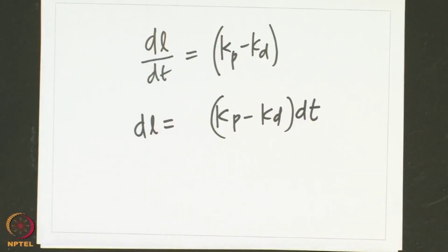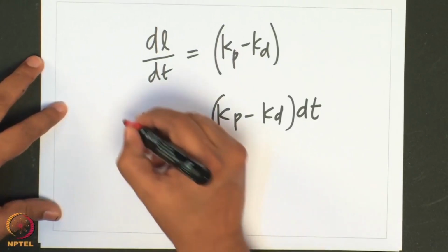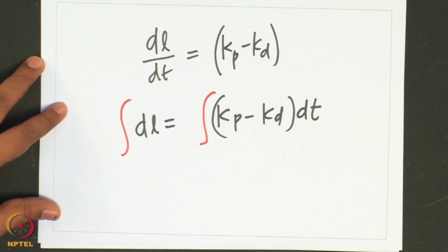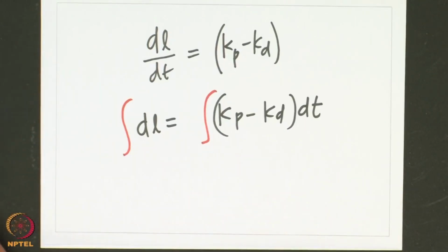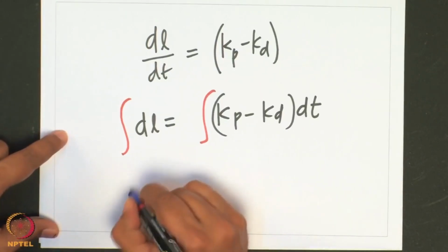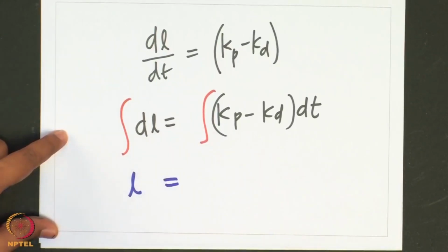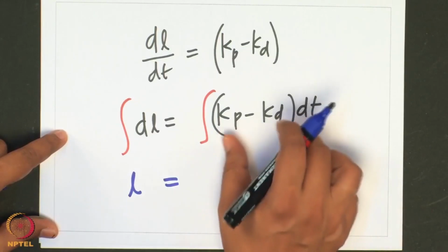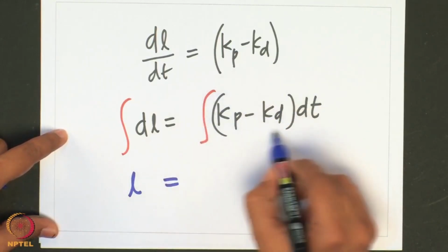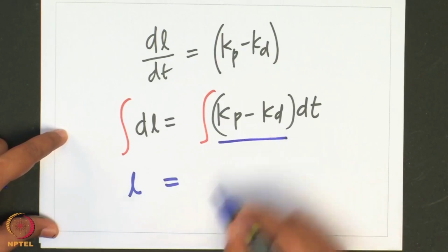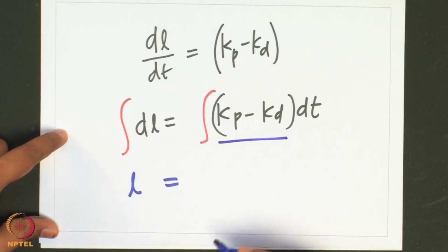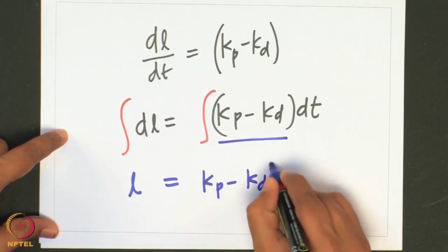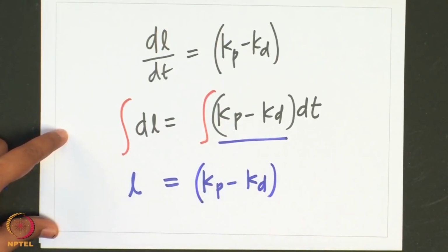So, I can integrate this on both sides. That is, I put an integral symbol on both sides. Then if I integrate this, I will get L here, the integral of dL is L, and Kp and Kd are constant. So, I can take this out; since this is a constant, I will keep Kp minus Kd as a constant like this,